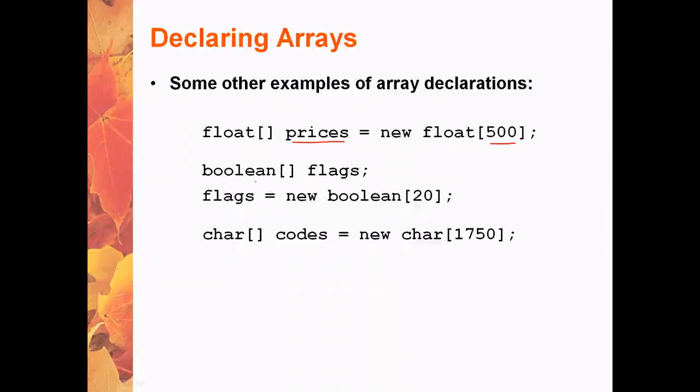There is one more variation in the declaration. We have boolean array brackets, the name of the array variable, then there is no equals or new keyword here, but on the next line we have flags equals to new boolean. So we have separated the declaration from the instantiation. Even this type of syntax is allowed in Java. So you can declare the variable first, that is flags, then you can instantiate it by using this syntax, that is flags equals to new boolean of 20.